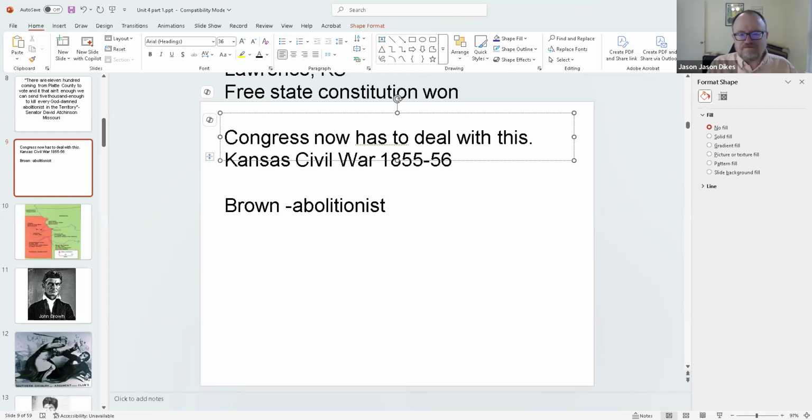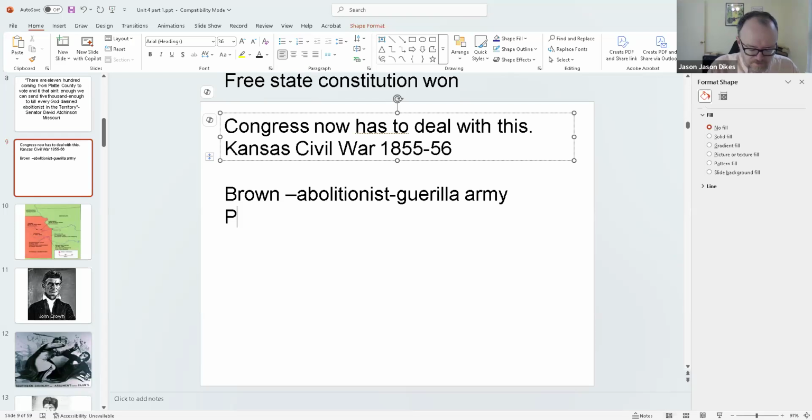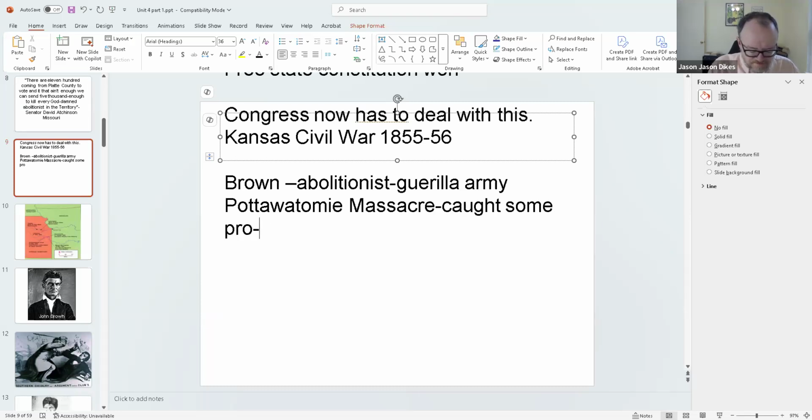We're now getting to the sort of violent abolitionists. Back in Unit 3, abolition was a nonviolent movement, but now it was embracing violence. He had his own little guerrilla army, insurgents, I guess we would call them in today's terms, and he was the architect of the Potawatomi massacre, caught some pro-slavers